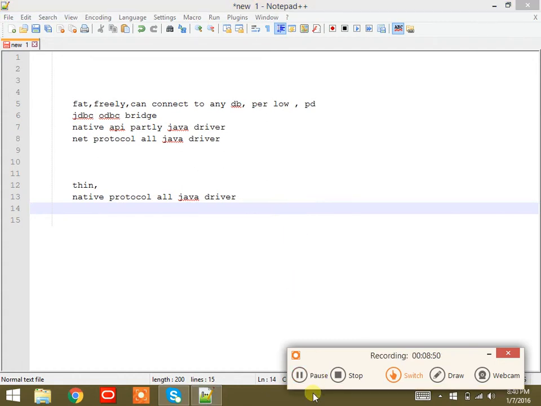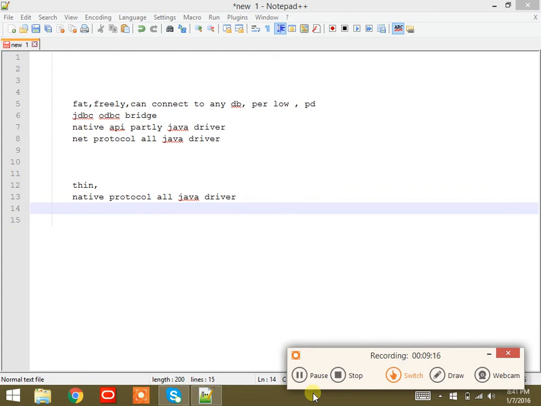Okay, next. One more drawback with the type 4 driver is that it is costly. Types 1, 2, 3 are freely available drivers. Clear? If data loss is there, then why are people using it? See, with mobile connections and all, whenever we are transferring data, data loss may happen.